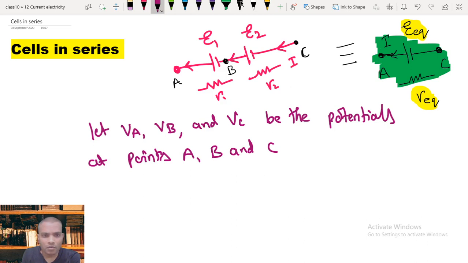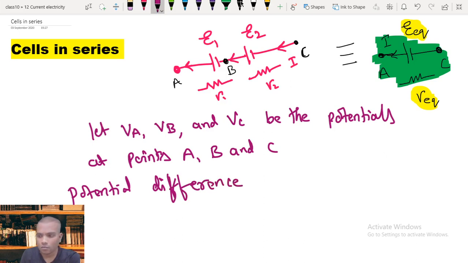If I would like to find the potential difference across the terminals of the two cells,